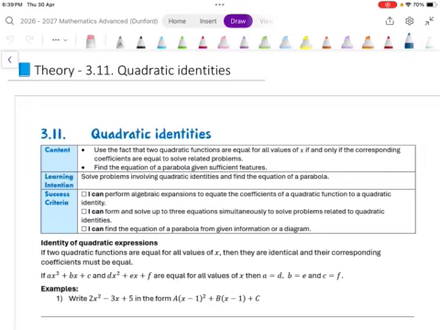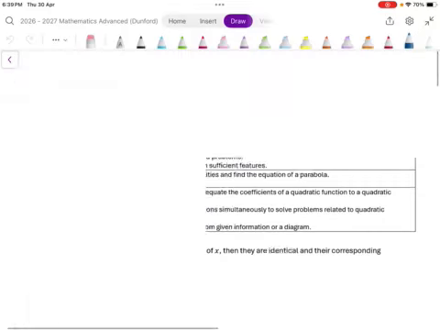Your learning intention today is to solve problems involving quadratic identities and to find the equation of a parabola. You'll feel successful if you can perform algebraic expansions to equate the coefficients of a quadratic function to a quadratic identity, if you can form and solve up to 3 equations simultaneously to solve problems related to quadratic identities, and if you can find the equation of a parabola from given information or a diagram. Today we're just going to focus on the identity of quadratic